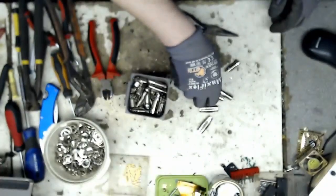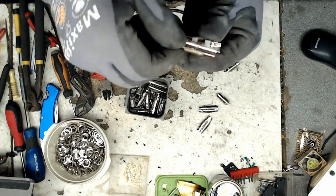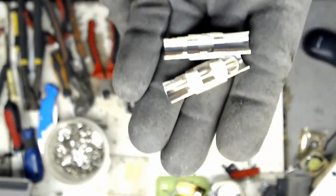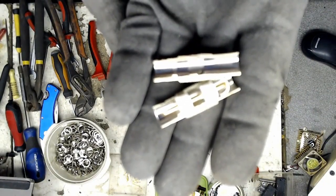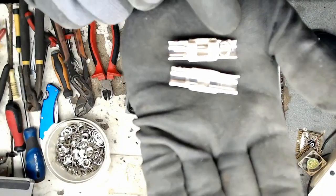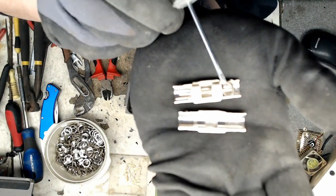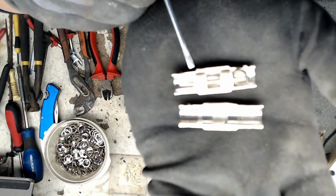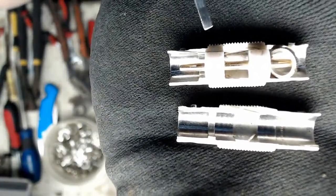So I decided to cut one open and see what it looks like inside. So that is the look. Let's just move it further here. So here's the tiny ring that holds our pin in here from this side, just like so. There we have our barrier. Too much light. There we go. So there's our ring,